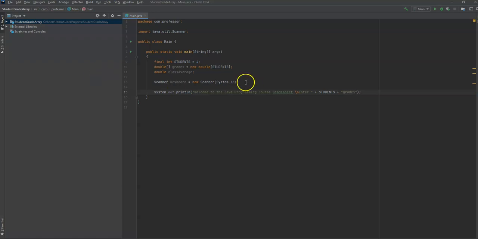So here we'll read, welcome to Java Programming Course Grade Sheet. Enter 4